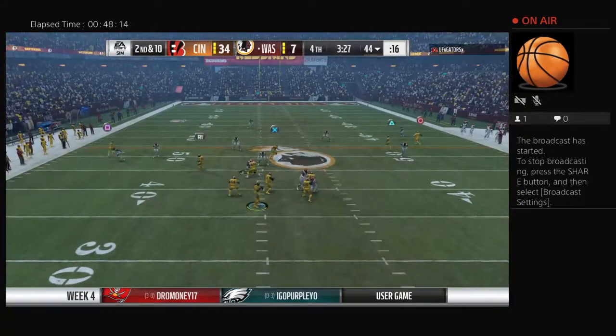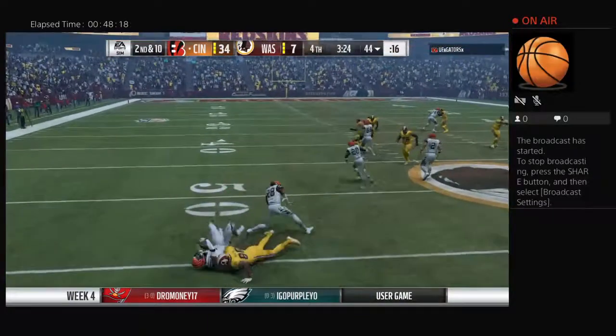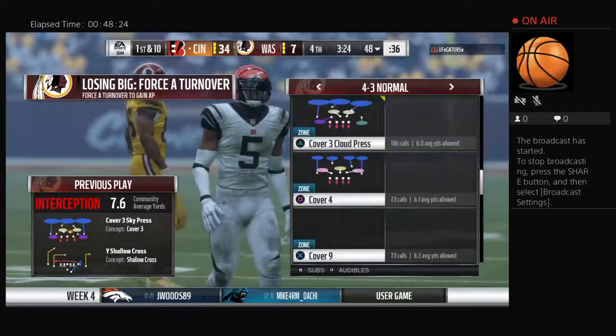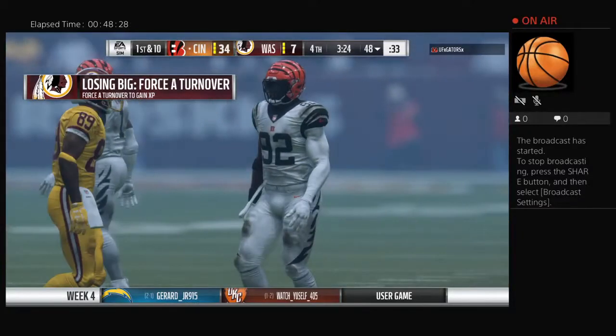Now he'll look to throw here on 2nd and 10. And his pass is intercepted for the 4th time today. Picked off at the 46. And his guys are going to take over at their own 48-yard line. Well, this defensive pressure has been